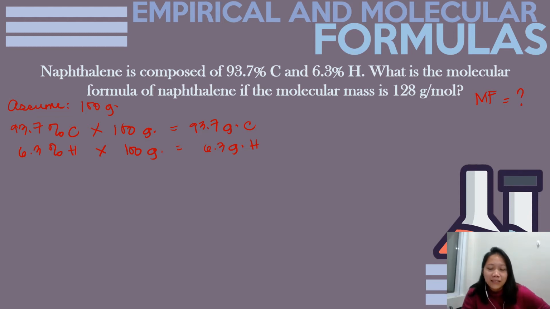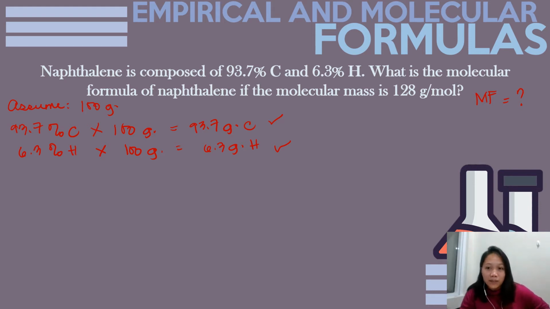Please do remember that this is a percentage, so you have to change it first into decimal numbers. Now, after you already have the grams, you assume that you have these grams of your carbon and hydrogen, we can now actually solve for the number of moles. That's the next step. So again, first step, you assume that you have 100 grams and identify the masses